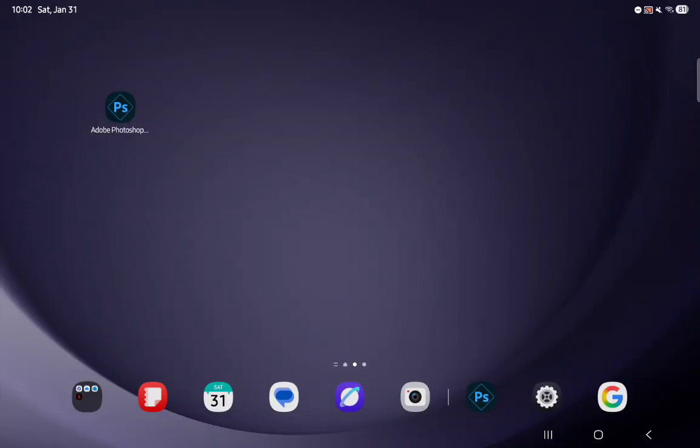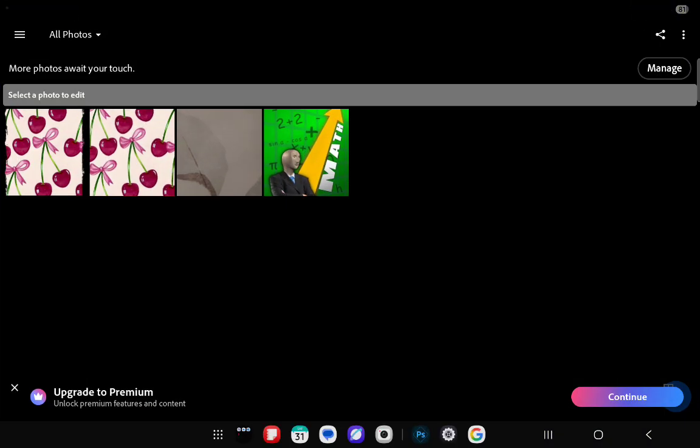Hello guys, in this video I'm going to show you how to compare an edited picture to the original version in Adobe Photoshop. The first thing you need to do is enter the app. Once you are done with that and you are in the home page, you can just press on a picture